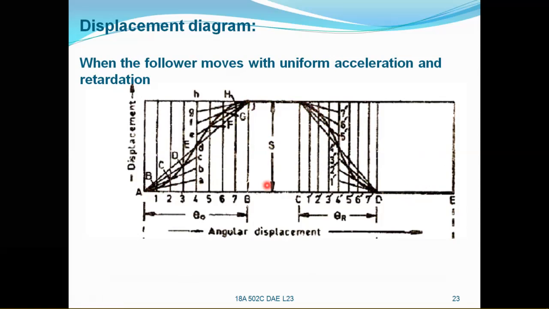These are the three types of motions that we are going to see for the follower, and another is cycloidal motion, which is not in our purview. That is, it is beyond our syllabus. That's why we are not going to discuss it. So we have discussed the follower moving with uniform velocity, and also the follower moving with simple harmonic motion, and also the follower moving with uniform acceleration and retardation, and also we have discussed how to draw the displacement diagrams for these motions of the follower.